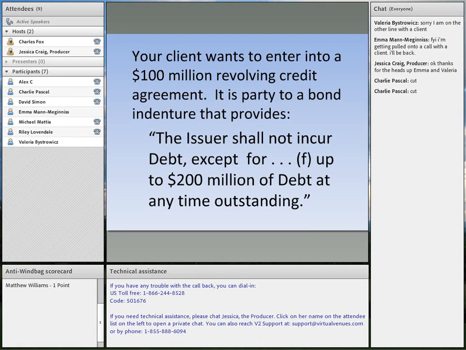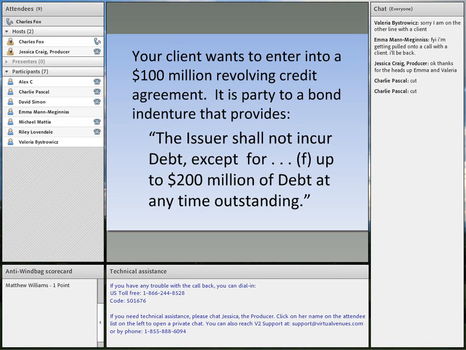Okay, and this is a very common type of potential conflict issue, and it's one I mentioned earlier, where a company is doing a borrowing and has one or more existing covenants which restrict its ability to borrow additional money. So it's proposing to enter into this $100 million revolving credit agreement under which you could borrow up to $100 million, but it has a covenant. Let's say this existing language appears in a bond indenture, and there's a broad prohibition against incurring debt,